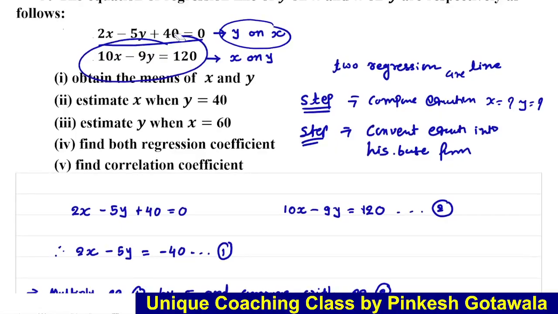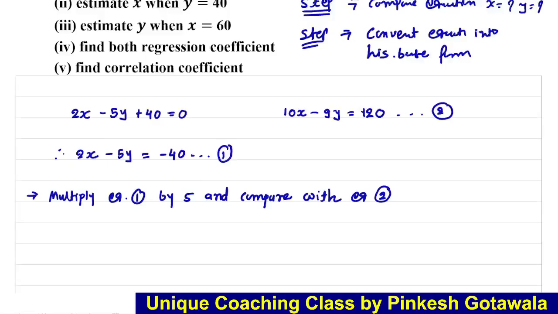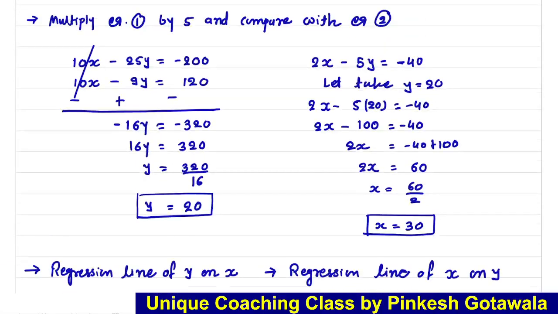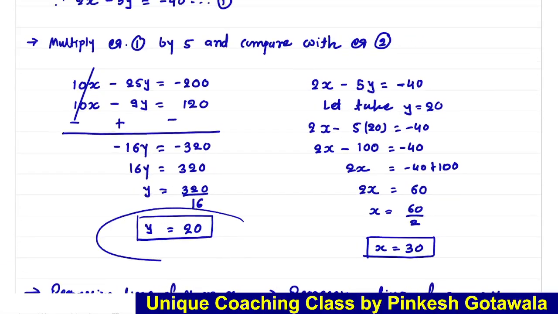Now come to the question, what they ask. First, obtain the mean of x and y. Okay, let's start the first answer. Mean of x and y means they ask to find out x bar and y bar. So remember, we don't have to find out x bar, y bar. Remember, whenever we compare these equations and we get the answer of this x and y, these are equal to